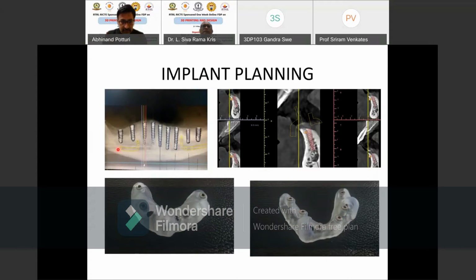If you see here, there is a yellow line. This is a nerve which supplies your lower lip, which runs through the bone, it is present inside the bone. So if you don't have this 3D model before, by putting the screw inside the bone, there is a very high chance that you will injure this nerve. Once you injure the nerve, the patient will not have any sensation in the lower lip. That means if you eat, if you touch, you will not feel anything on this lip. That lip will become completely numb forever, for lifetime.